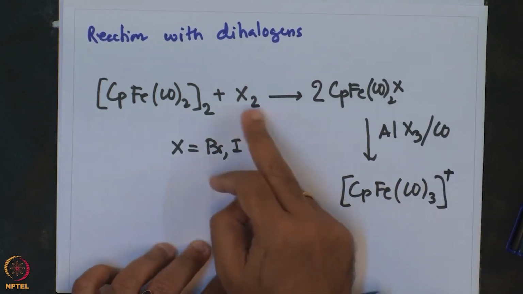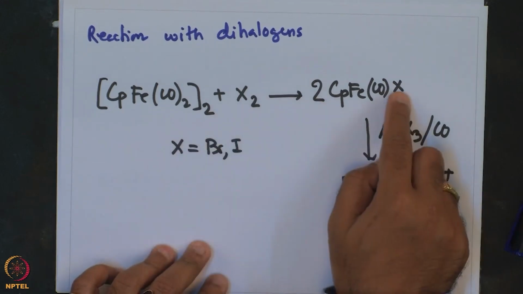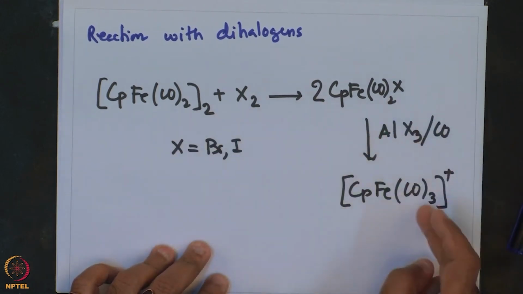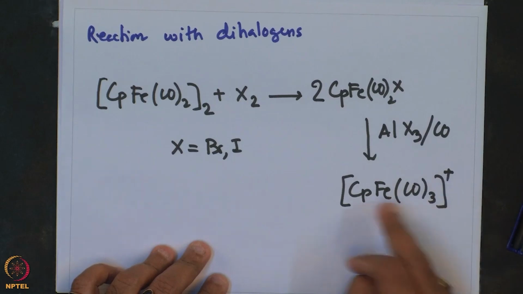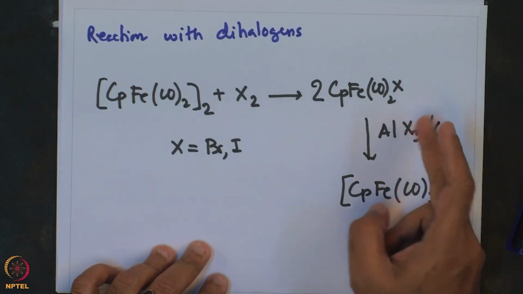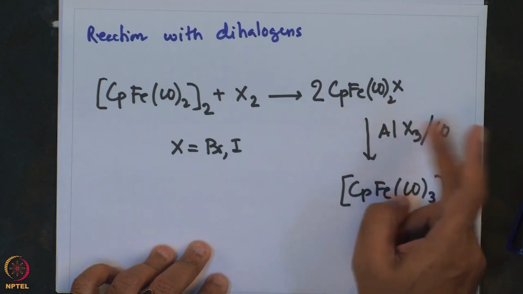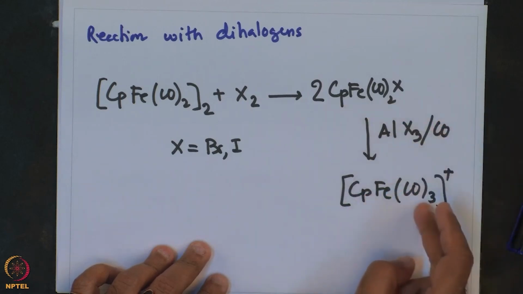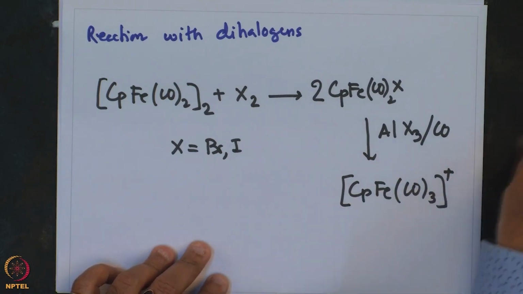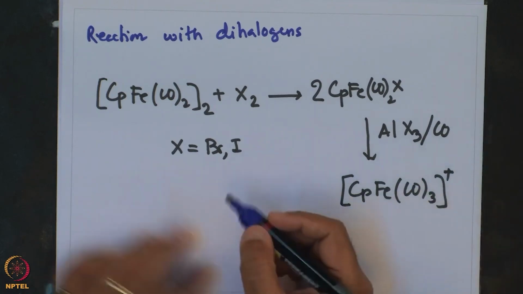What we see here is the formation of the halide and subsequent abstraction of the halide to give this Cp Fe tricarbonyl cation, and the vacant site generated by the abstraction of the halide is occupied by the third carbonyl. Many times even CCl4 and benzyl chloride,